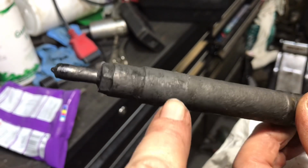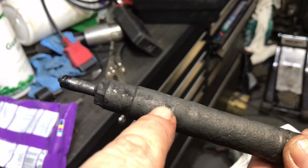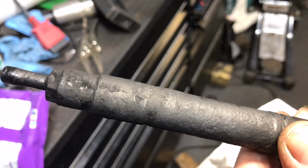There it is. Is that it there? Right, that's it. So there's a crack in this injector. So there's our problem. Let's see it. There's a crack right there. That's it. So we need to clean out